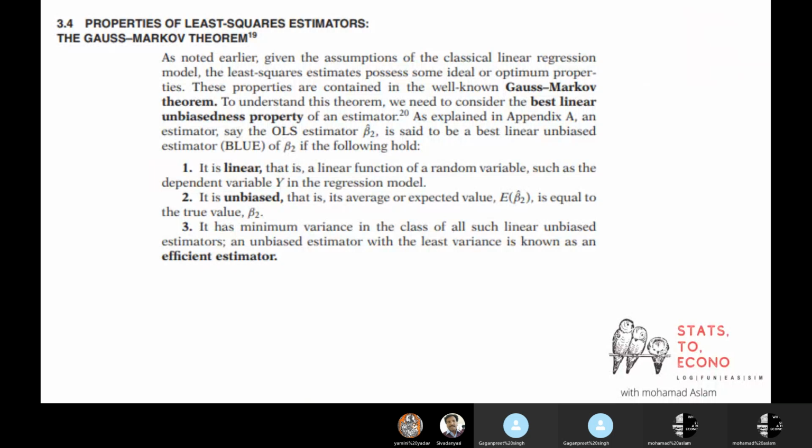So these properties, as we call the Gauss-Markov theorem, the best linear unbiased property, apply to these estimates, beta 1 hat, beta 2 hat, or if there is more than one independent variable, then beta 3, beta 4, all these estimates have these properties. Today I'm going to start with the linear and unbiased, and the minimum variance we will do